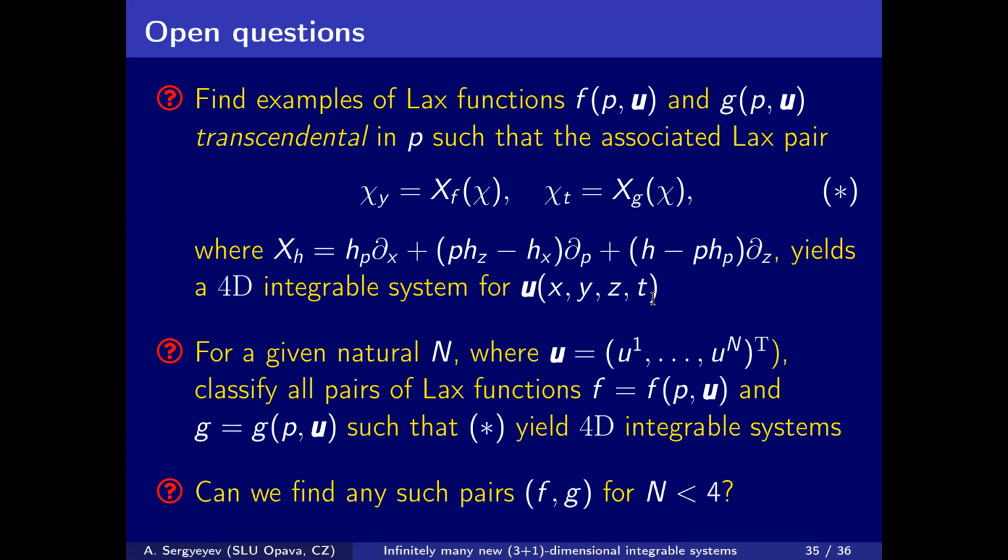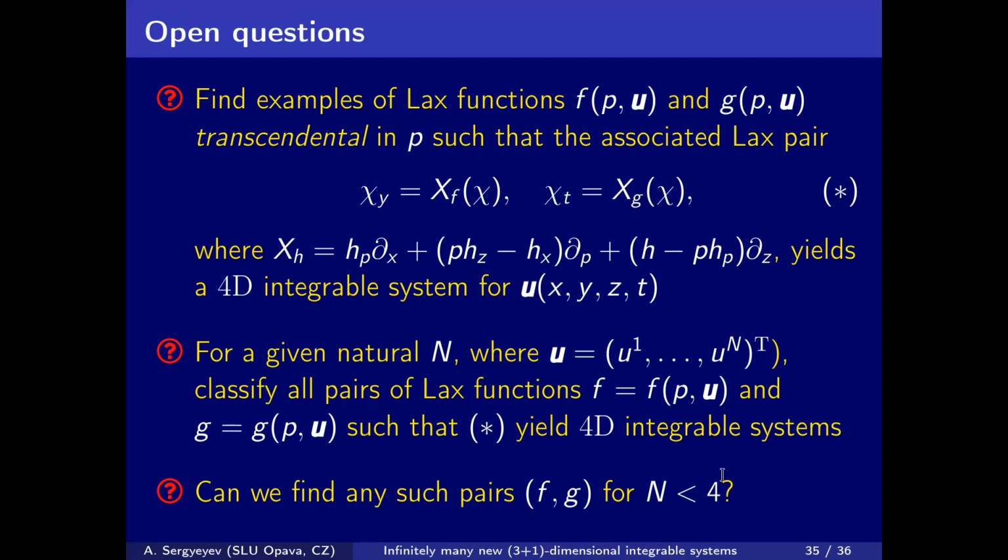Another natural question: it would be interesting to fix the number capital N, that is the dimension of the vector of unknown functions in the associated nonlinear system, and attempt to classify all pairs of Lax functions f and g such that the associated Lax pairs produce